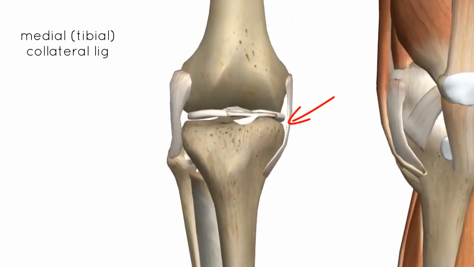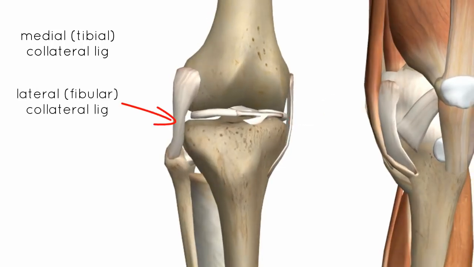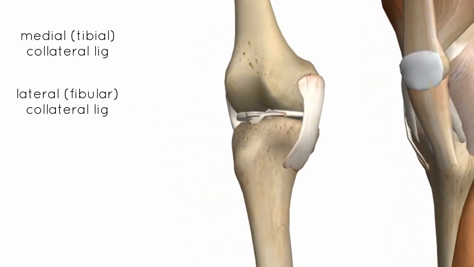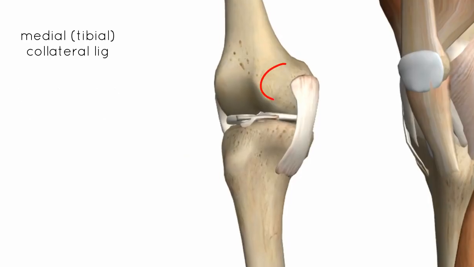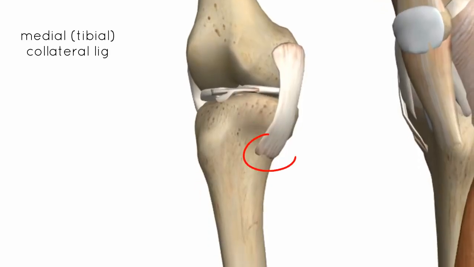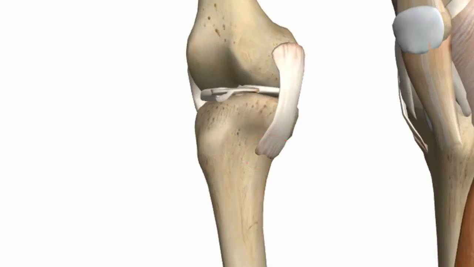We've got a medial collateral ligament, which is also referred to as a tibial collateral, and we've got a lateral collateral ligament, or a fibular collateral ligament. So we'll take a look at the medial collateral ligament here, and you can see its proximal attachment on the medial epicondyle of the femur, and its distal attachment on the tibia. So it attaches medially on the tibia just a little bit above the insertion points of the sartorius, gracilis and